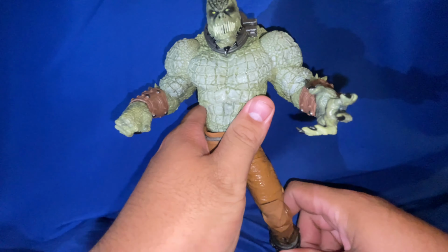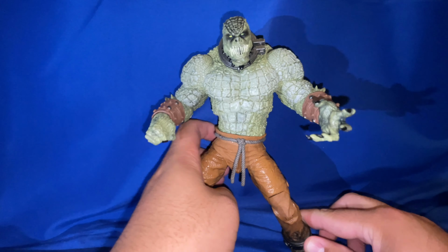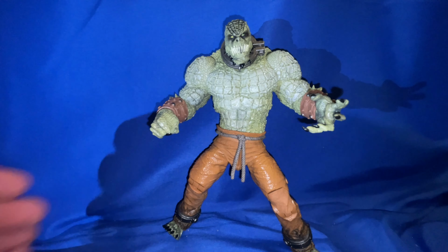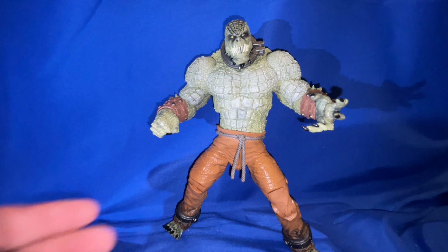Let's try to mess around with it so he can stand on his own. Oh yeah, there you go, like that. Oh my god, yes. Now, he's not going to be the biggest mega fig we got to date, but he's definitely going to be up there. And then, like I said, we'll do a side-by-side comparison. But now let's show off